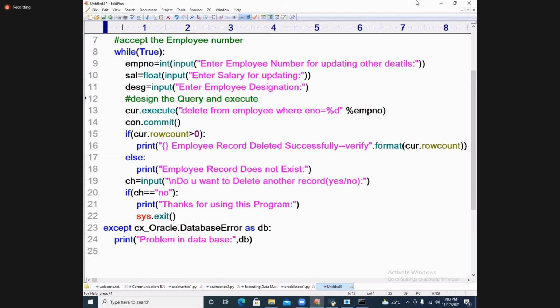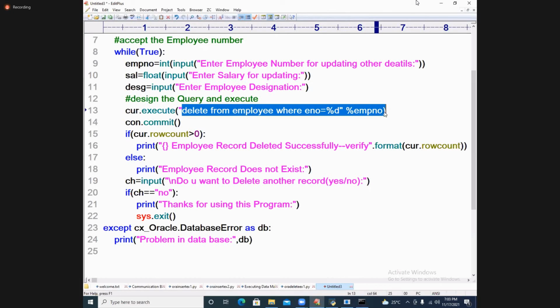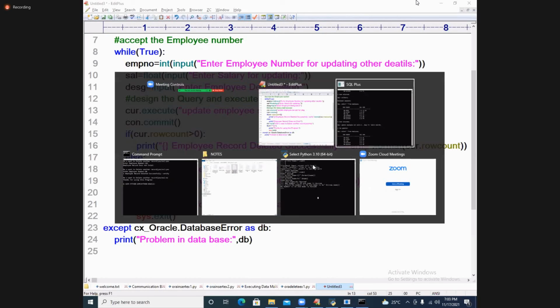Design the query. Update. Now see, I am writing update employee set sal is equal to percent F, DSG is equal to percent S. See that?